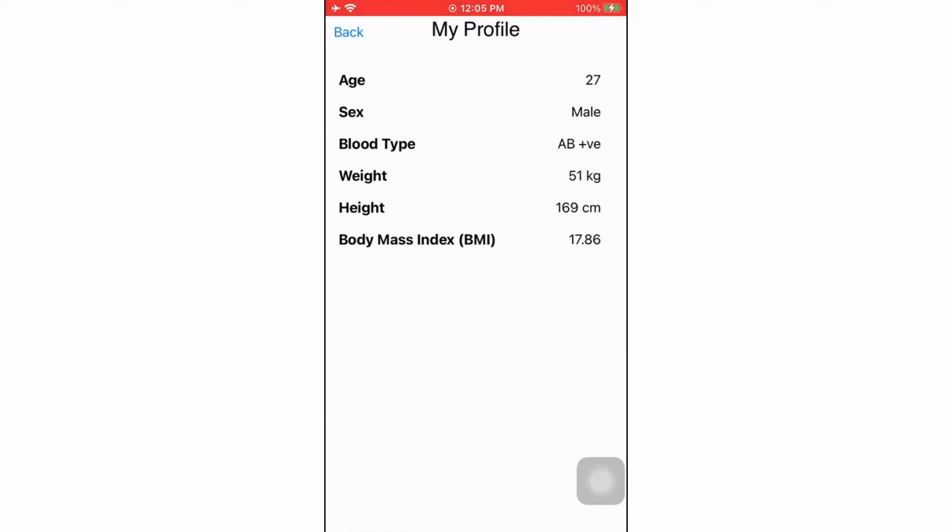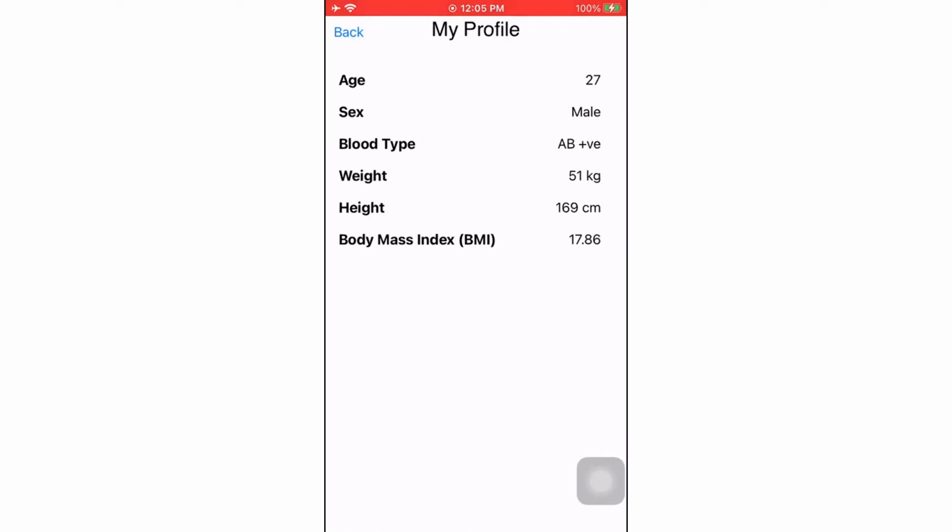And you also see the BMI value, which is calculated using height and weight. Basically, BMI, body mass index, is a person's weight in kilograms divided by the square of height in meters. So using that weight and height, we calculate the body mass index of the person.